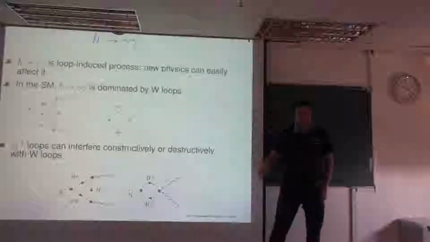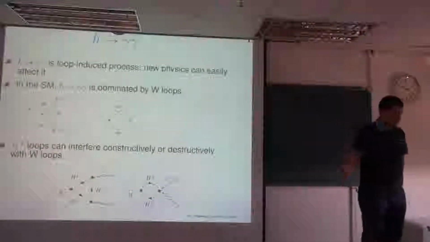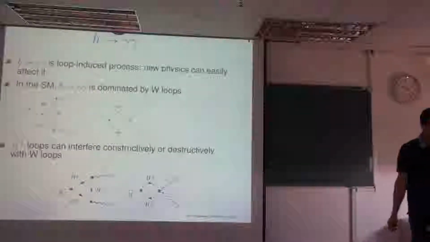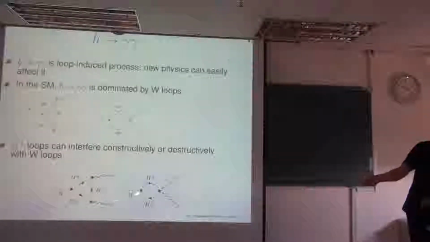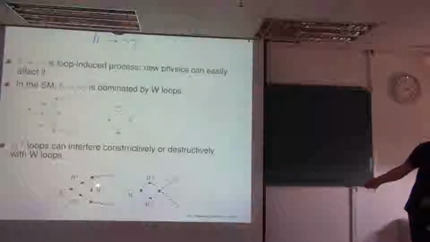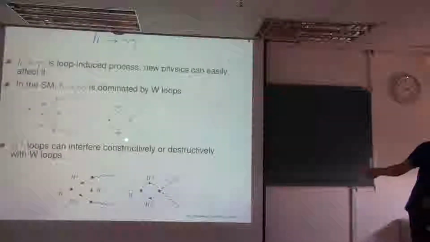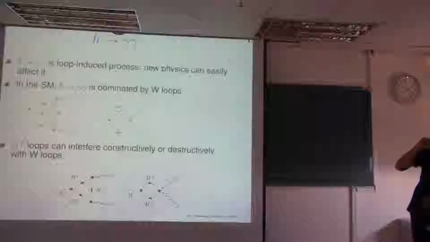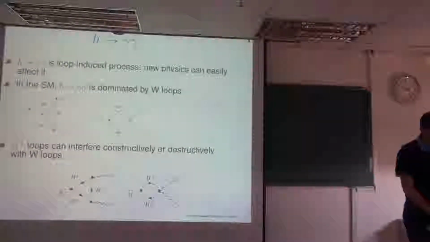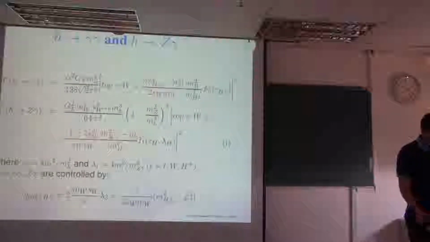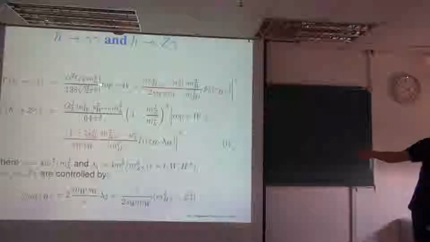Well, the dominant contribution for Higgs to gamma gamma is coming from W loops. The top contribution is very small, and it interferes destructively with the W. And so in this model, you can have this charged Higgs loop, which can contribute to gamma gamma. So if they are constructive with the W, we can have some enhancement. If they are destructive with the W, then you can have the suppression. And so for Higgs to gamma gamma, the amplitude is given just by this quantity here. So it means that if this coupling